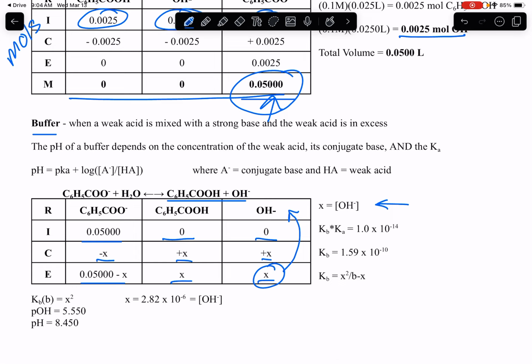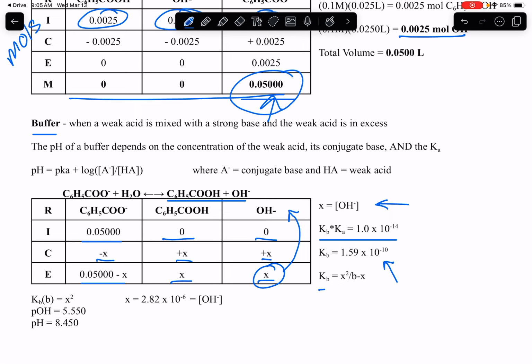So then we have to use the Kb. We cannot use the Ka for this weak acid. We have to find the Kb for its conjugate base, which comes with this equation. Remember that 1 times 10 to the negative 14, that is our special Kw constant. Ka of an acid times the Kb of its conjugate base is equal to Kw. So therefore, when you solve that, using the Ka we have at the beginning of the problem, Kb is 1.59 times 10